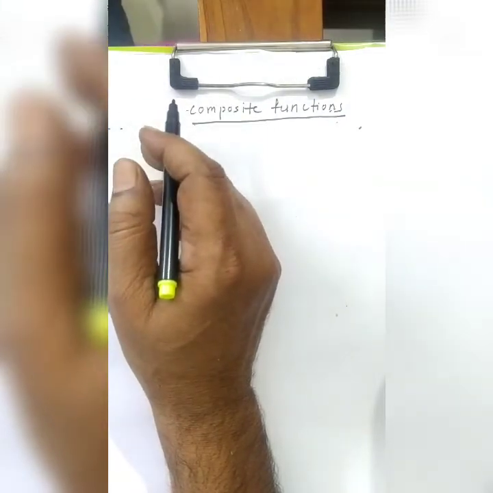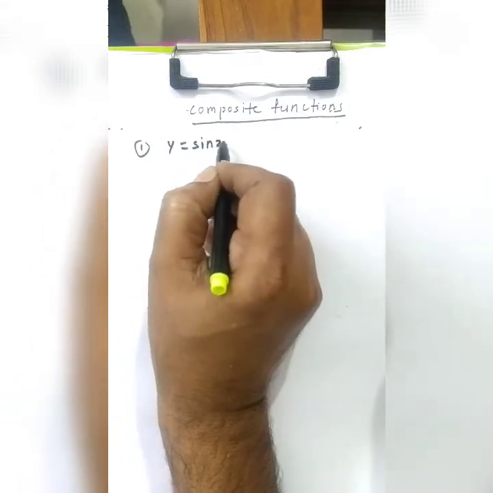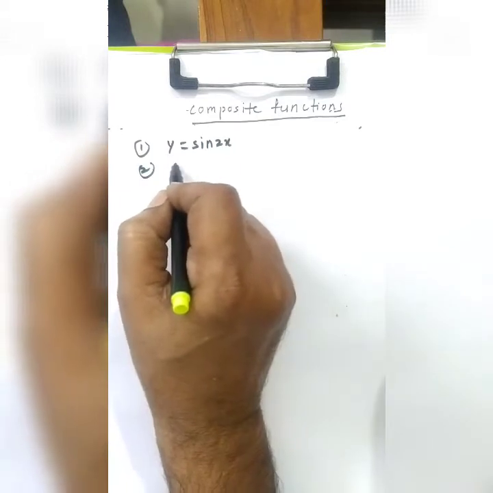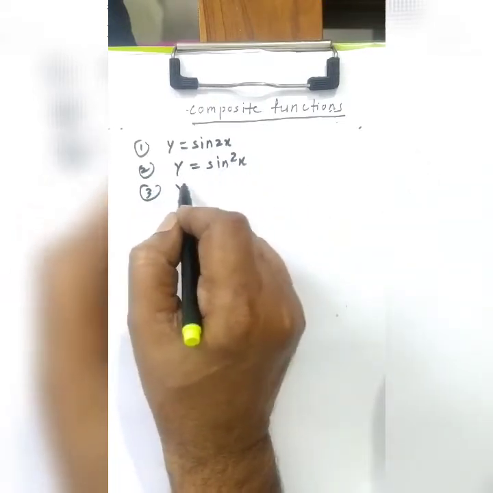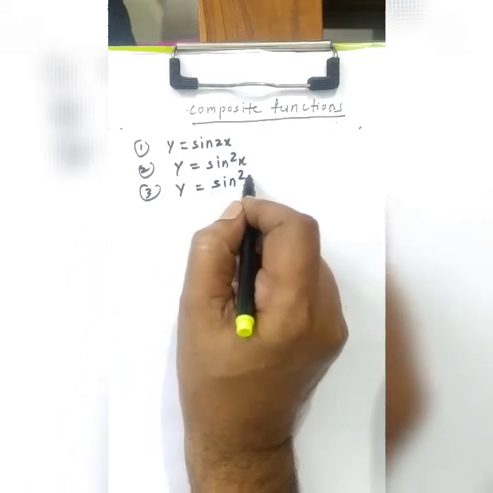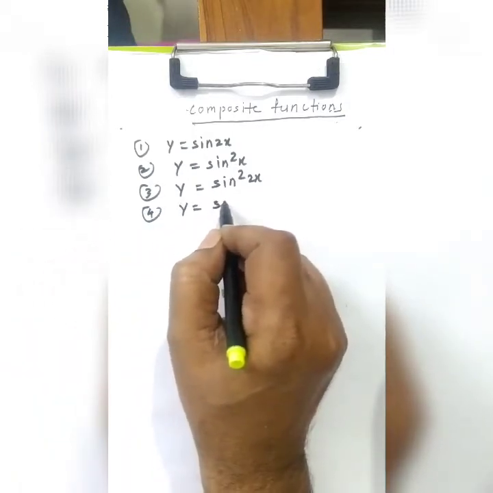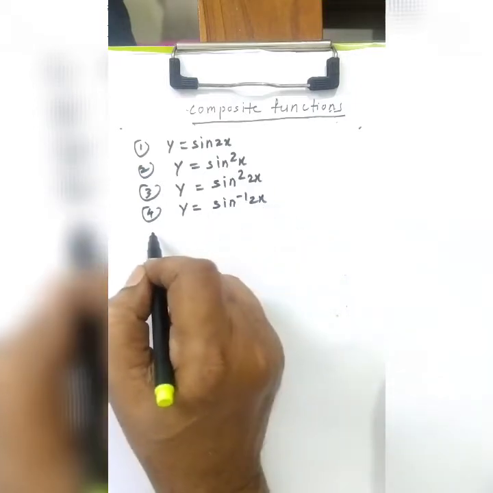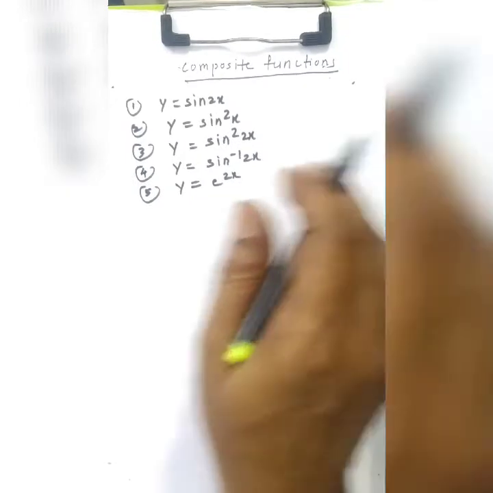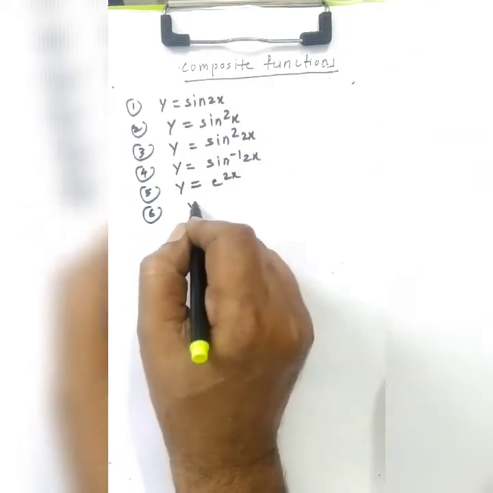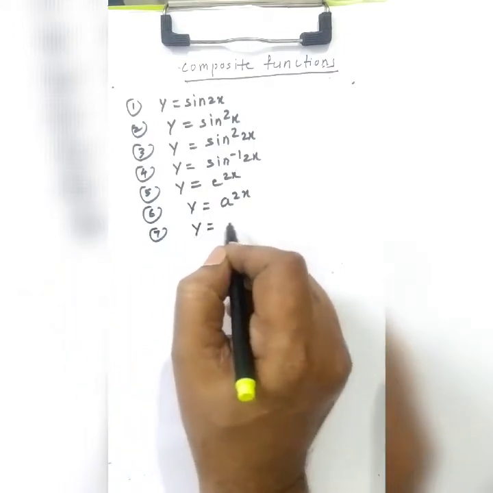So like y equals sine 2x, y equals sine square x, y equals sine square 2x, y equals sine inverse of 2x, y equals e raised to 2x, y equals a raised to 2x, y equals a raised to minus x,